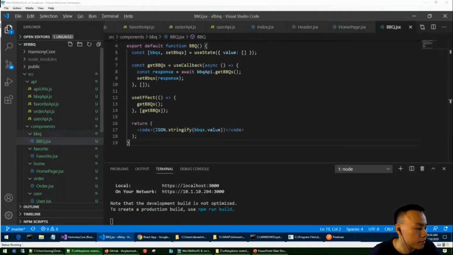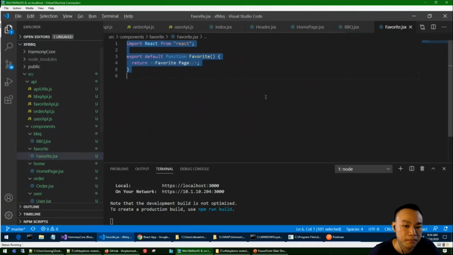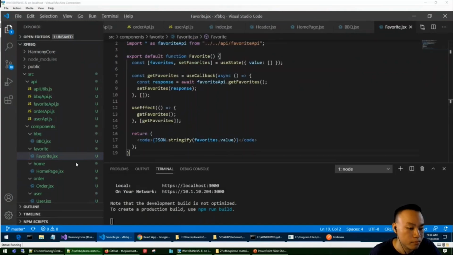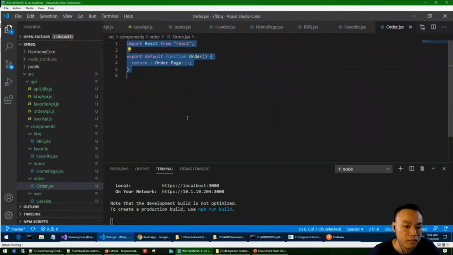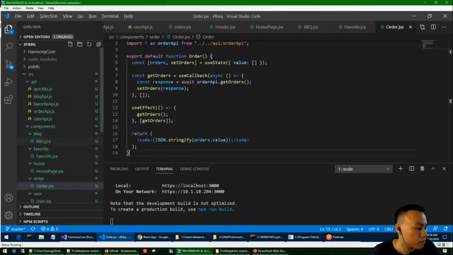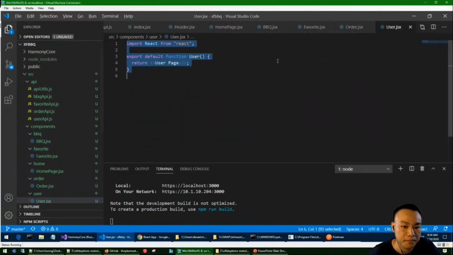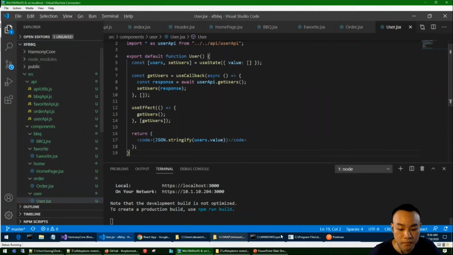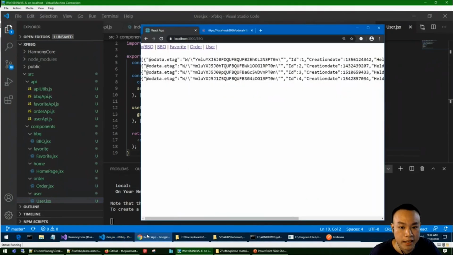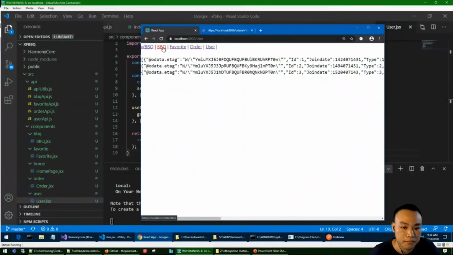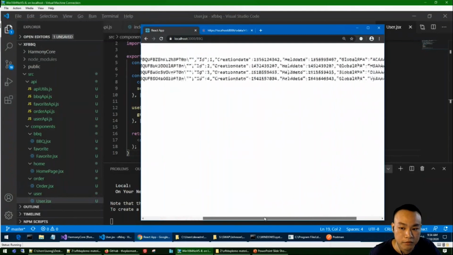I'm going to do the same thing for the other pages as well, and the user page. And then if you go back to our app, we will see that now we're getting data that's coming straight from Harmony Core in the form of JSON.